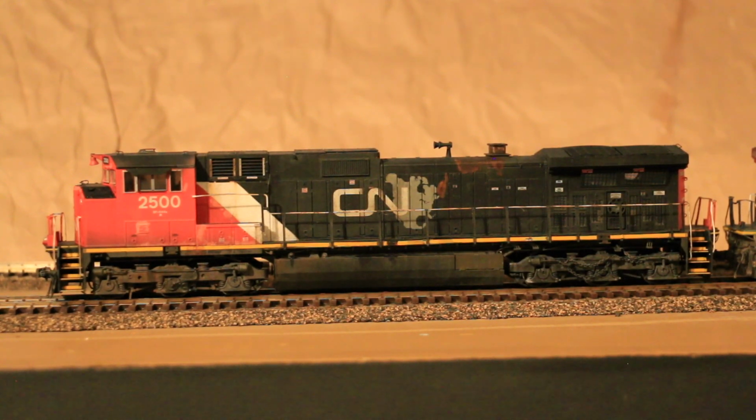I'm super impressed with Athearn's job on these locomotives. They look fantastic. The detail's great. I had no problems out of the box, with the exception of the